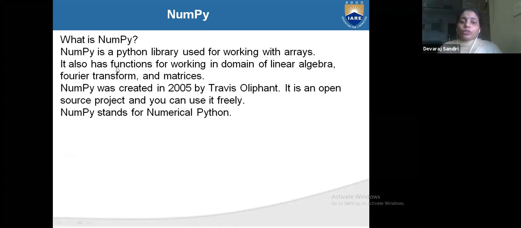It also has functions for working in the domain of linear algebra, transforms and matrices, which makes it very easy. When we use an array it is a little difficult, but in NumPy we can do all the numerical work. NumPy stands for Numerical Python. It is free and you can access it for your source project.